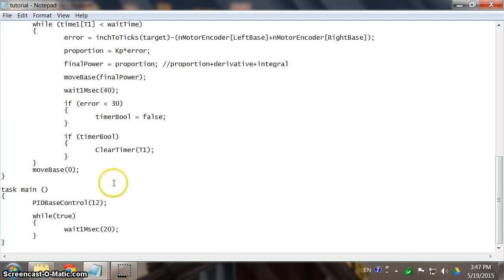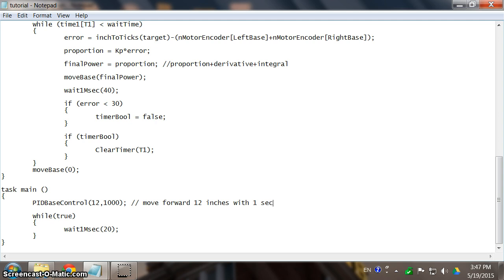So the way I'm going to show you right now is how to use it, if you don't want to watch the next video in which I will make everything better. The way you use it is PID-based control. You type PID-based control 12, and then you type the wait time. For instance, in this case, we type 1,000, which is 1 second. What it's going to do is the robot is going to move forward 12 inches, and after it gets almost to 12 inches, it starts timing, and it's going to adjust itself with just the P controller for 1 second, and then it's going to stop the entire thing so that you can move on to your next movement. So this is basically move forward 12 inches with